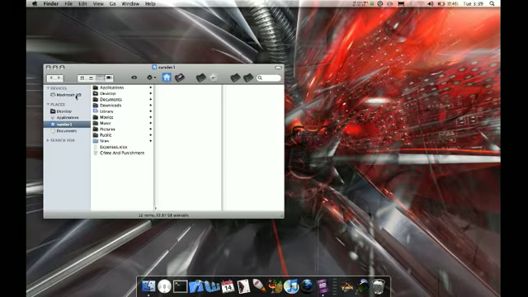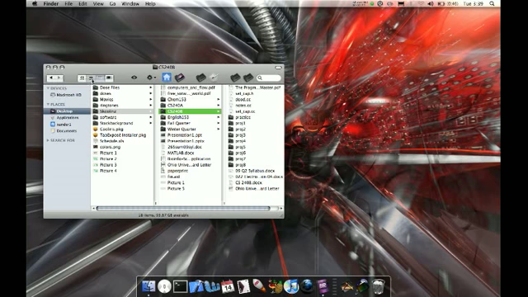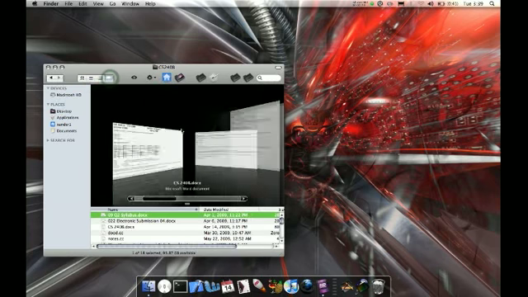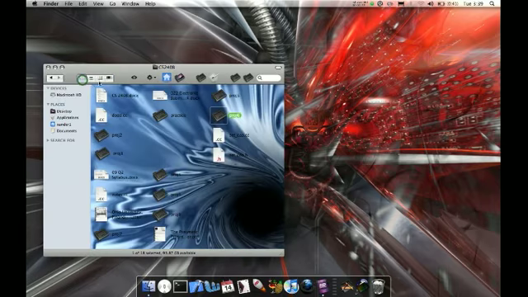This is really basic. It's like your Explorer from Windows, or your My Computer, if you will. You can look at your hard drive, look at all your files, look at your folders. It's got some quick places here. You can add shortcuts up here to frequently used folders. There's lots of different views you can use to look at all your files and folders, thumbnails, anything that you're